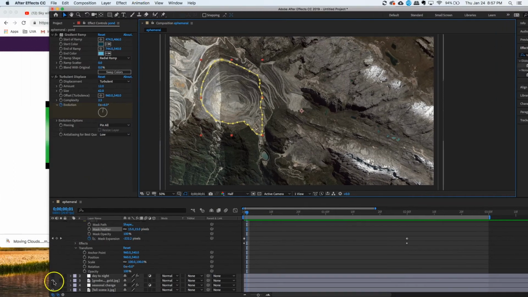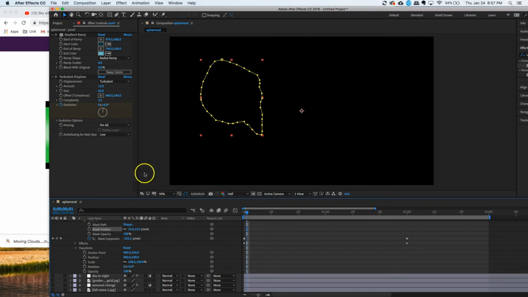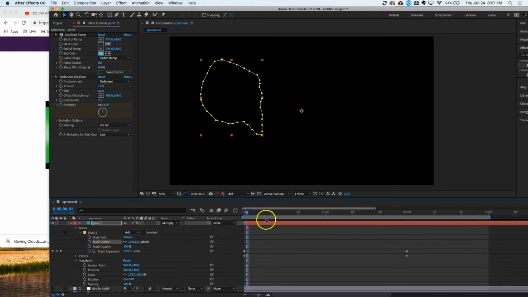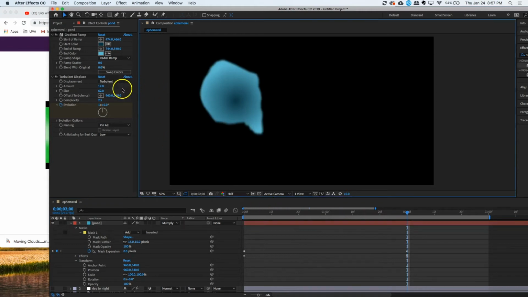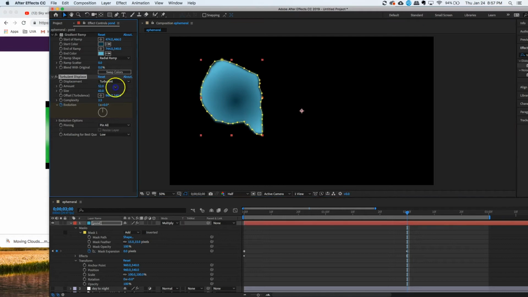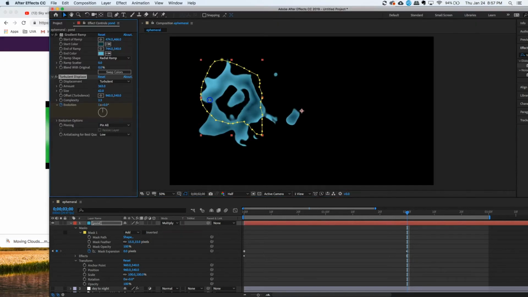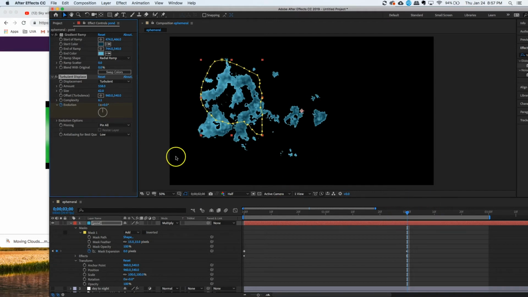But if we wanted to, we can really crank up the settings here. I'm just going to make this black for a second. If we crank up the amount quite a bit, you can see that this starts to break apart like this. And then if we crank up the complexity, we get this sort of thing. And so how that can be useful